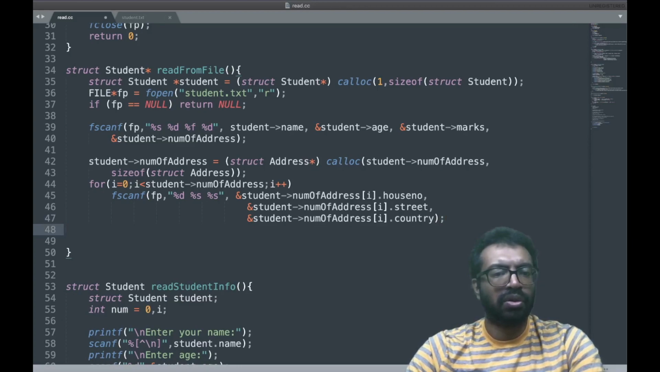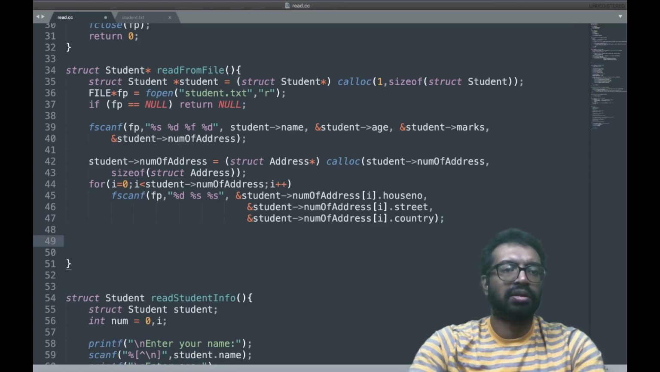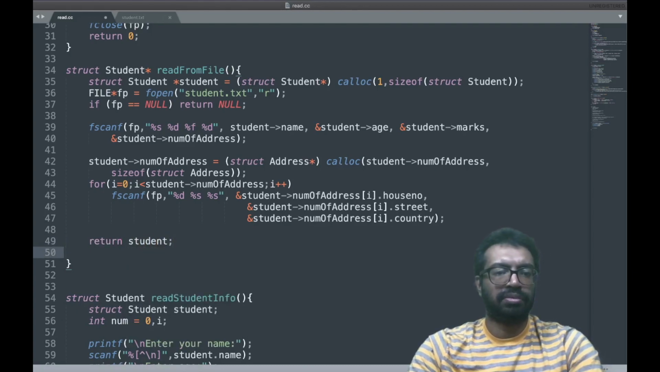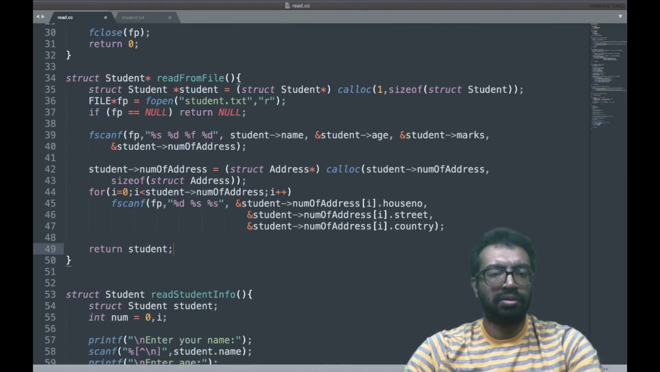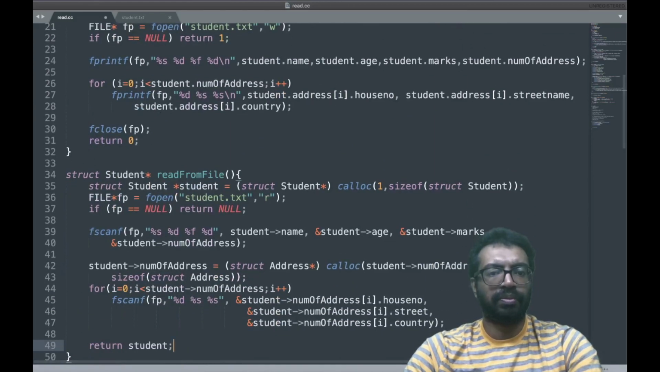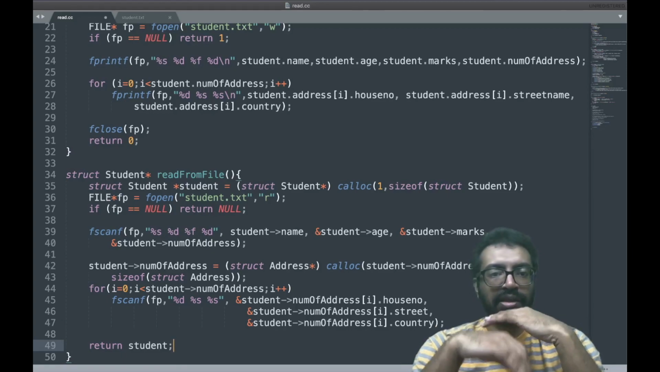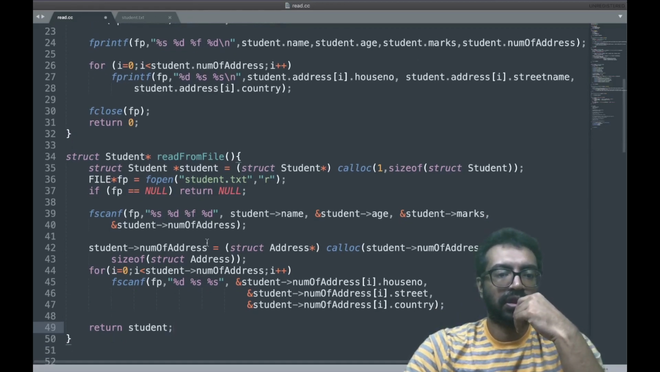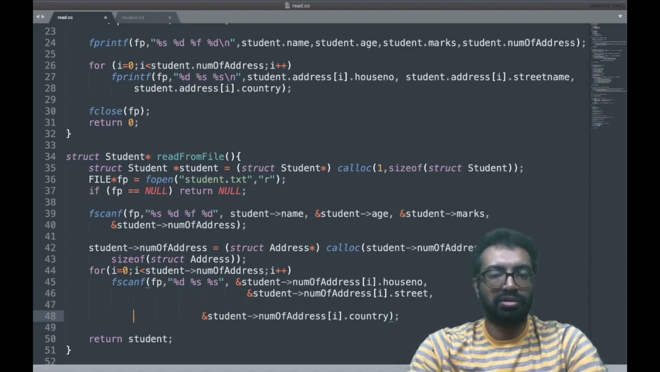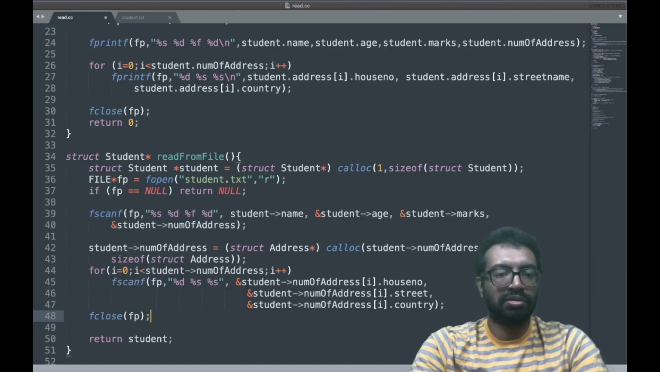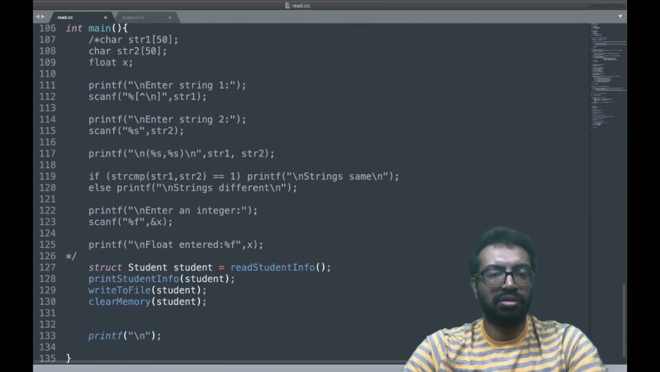Okay, this should do. So I have now, okay, I can now read from file. Let's see how this works out. I didn't close, I have to close. Okay, so I read, I print student, I write to file, I clear memory,